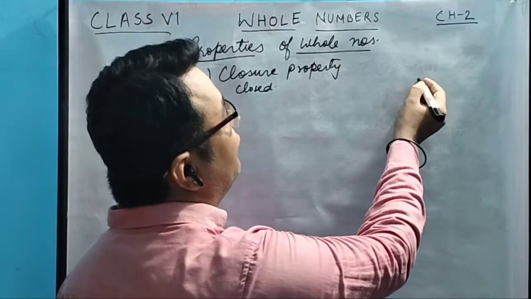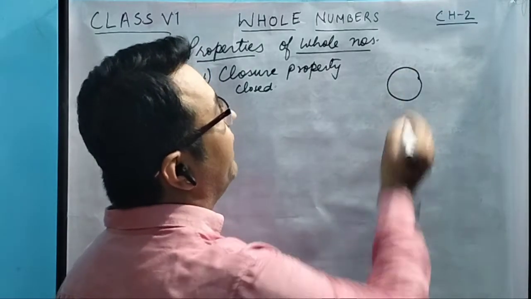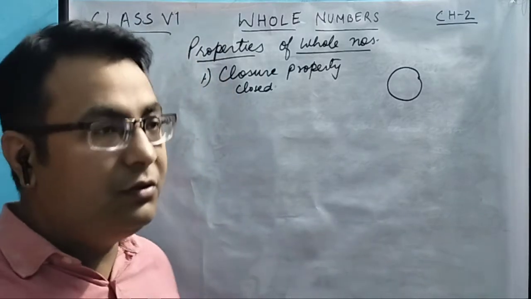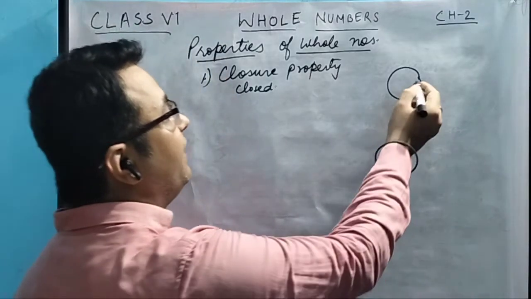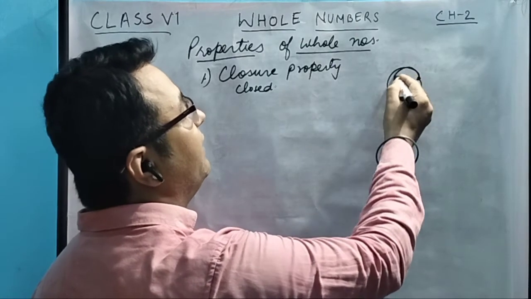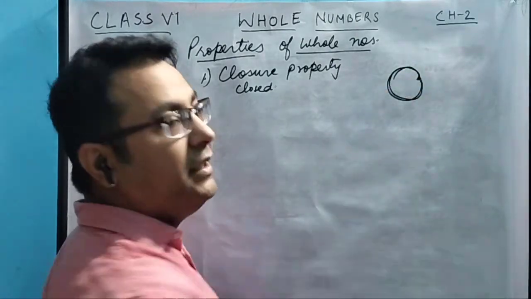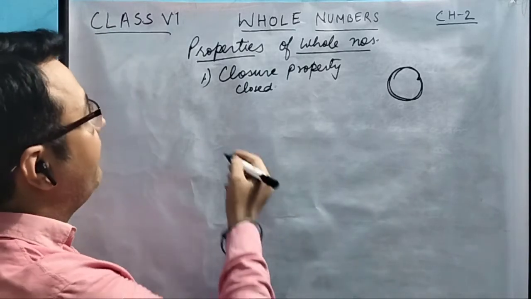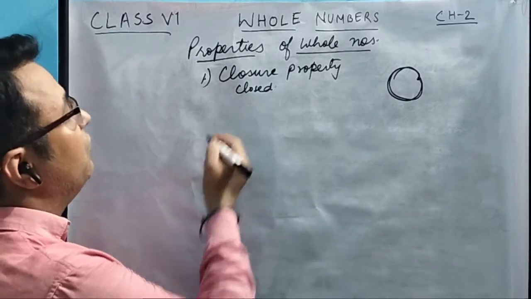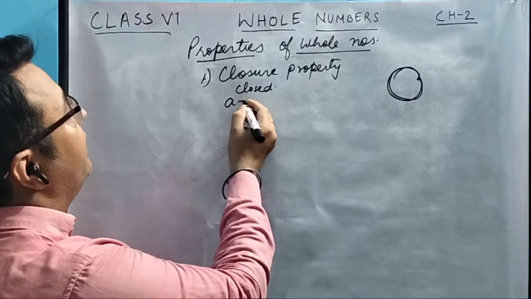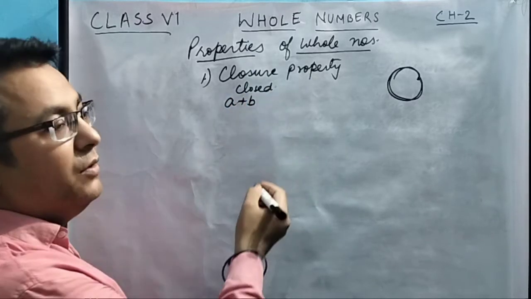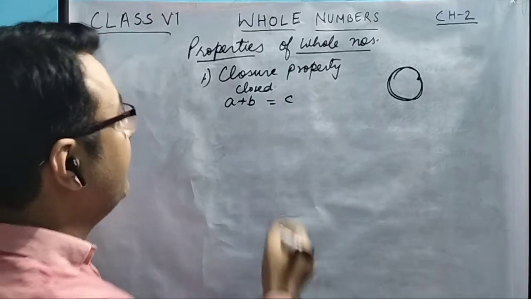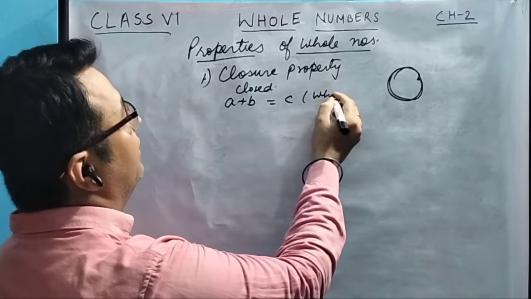Let's understand it with a figure. If we are starting from this point and again we are reaching back to the same point, it's a closed operation. So it means that whatever we are taking, we are getting the same at last in the result. To simplify this property, we can say that if we are having 2 whole numbers, let's say A and B, and the result we get is C, then this result C will also be a whole number.